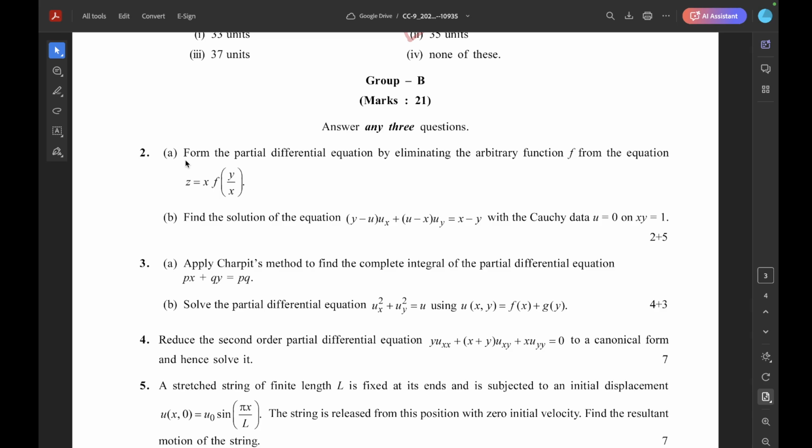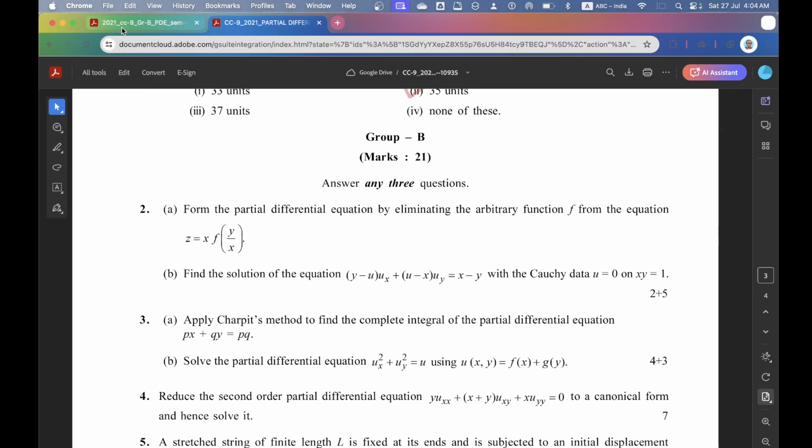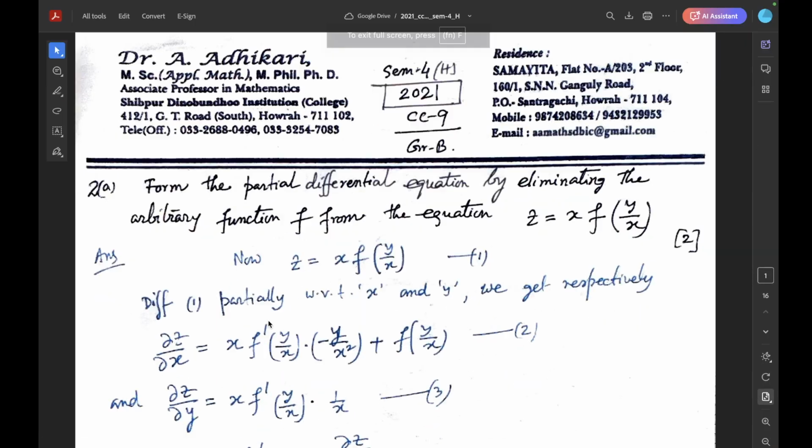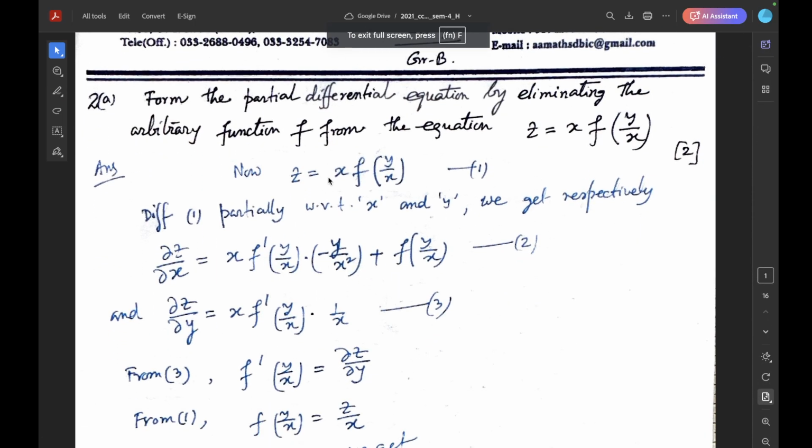Question 2a. Form the partial differential equation by eliminating the arbitrary function f from the equation z equal to x f of y by x. Z equal to x f of y by x, differentiating 1 partially with respect to x and y respectively, we get del x z equal to x f dash y by x into minus y by x square plus f of y by x,